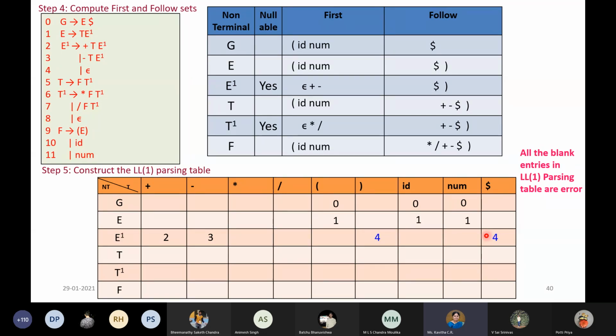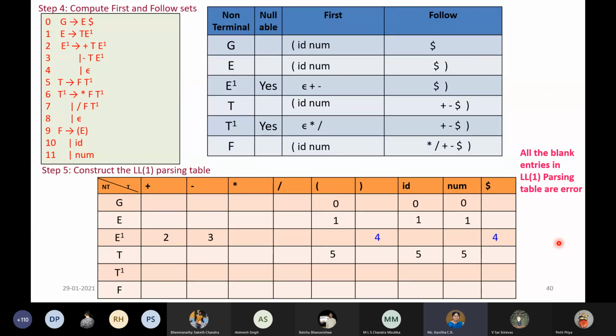You should always remember, whenever epsilon comes in the first set, you should be using the follow set. The same thing we followed for the recursive descent parser also. So coming to the next row, what do we have? We have T, and we have all these terminal symbols, and we don't have any epsilon here. And there is only one possibility, that is one RHS. T gives FT dash, that is rule number 5. So for open parenthesis, ID and num, for all the three symbols, we are going to apply rule number 5. So that is done now.